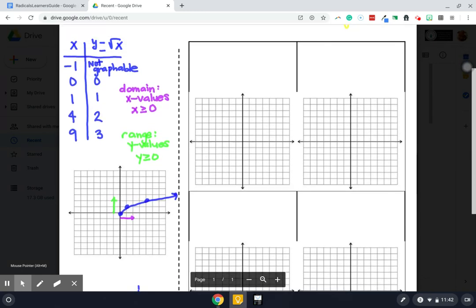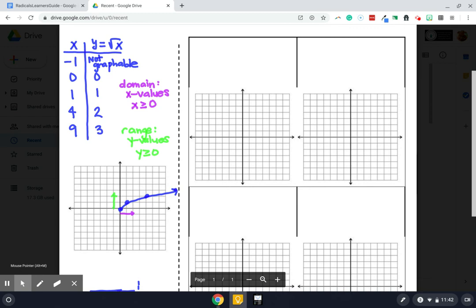If I can get my x's and y's to line up fairly nicely, we'll go with it like that. Here's what we're doing. I'm going to start with just some moving left and to the right. So here's my first 2 examples. Y equals the square root of, not just x plus 2. And y equals the square root of x minus 2. And so as I look at this,